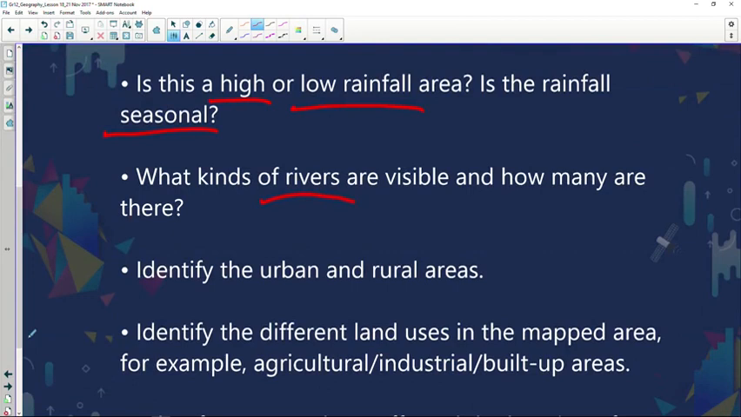If we go back to the information that we can find on the map, identify the urban and rural areas. Now, as you know, urban areas are like towns, cities, or conurbations. Rural areas are like isolated farmsteads, hamlets, or villages. Now, if you look at our map, and we zoom in,